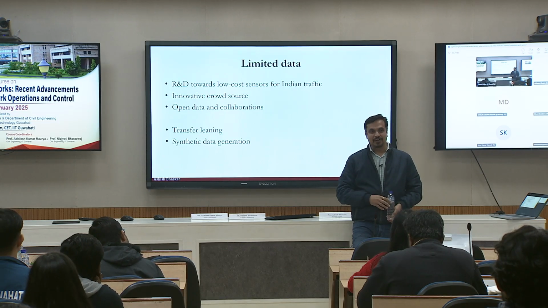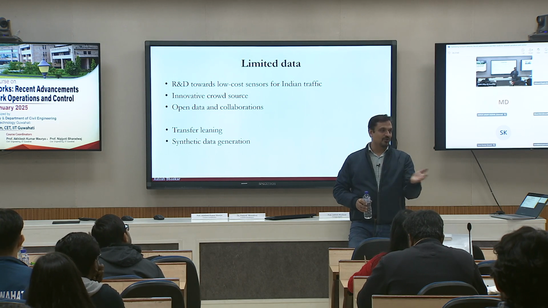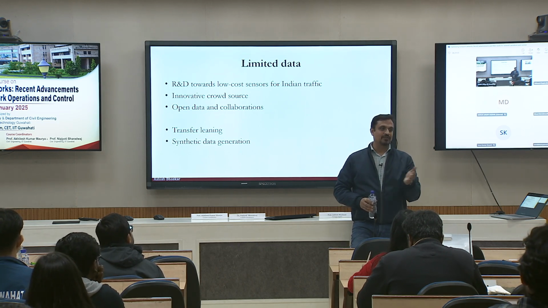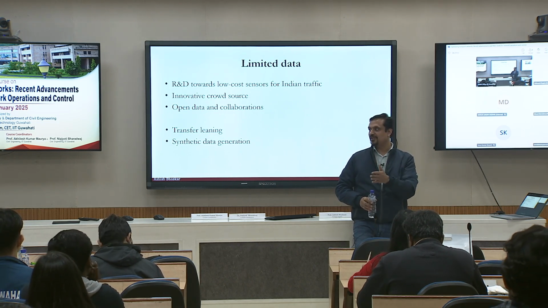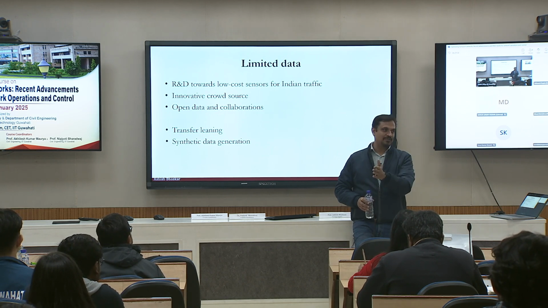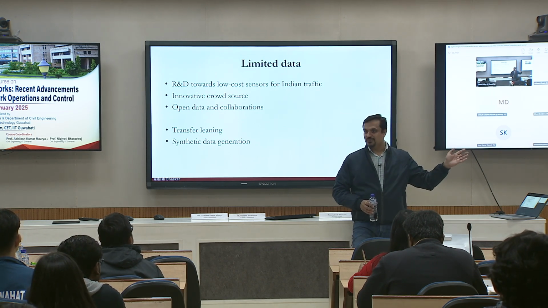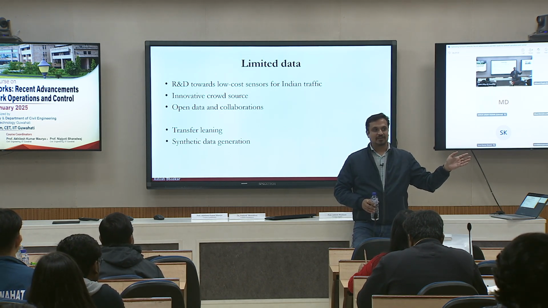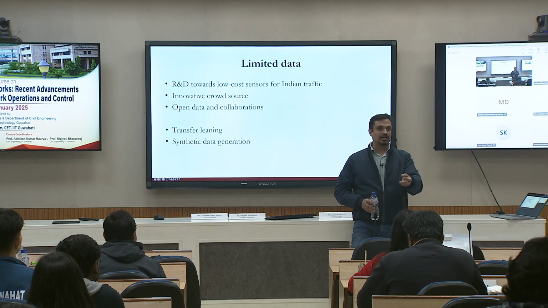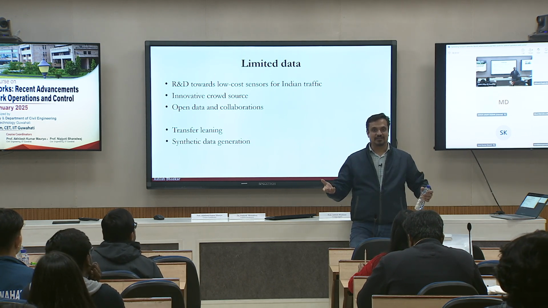That's pretty good. Data standardization is actually one of the important trends. In fact, public transport has done an excellent job. GTFS, which was initially Google Transit Feed Specification, later converted to General Transit Feed Specification, is used throughout the world. Even the data shared by Delhi or Surat is a GTFS dataset.